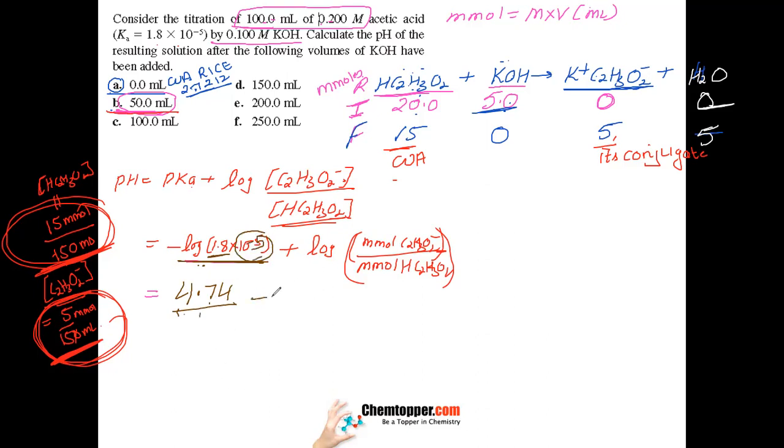Plus log. Now how many millimoles of this acetate? 5. How many of acetic acid? 15. Is this number greater than 1 or less than 1? It's less than 1. This complete answer will be negative. So the answer is,